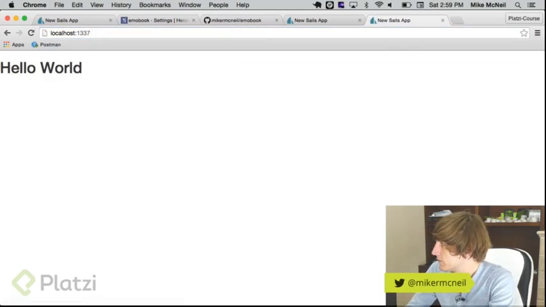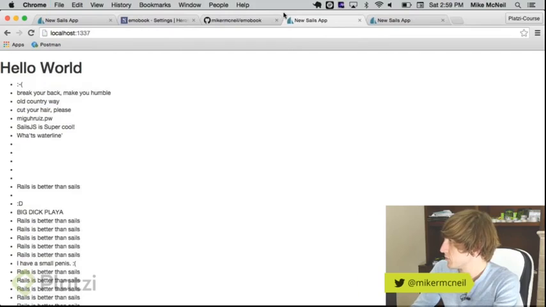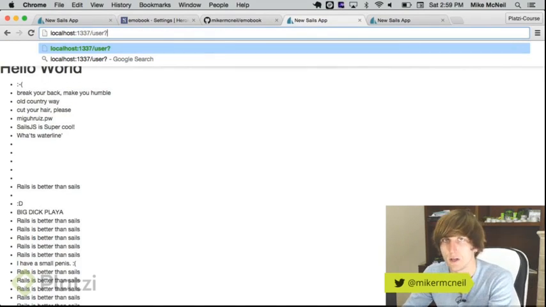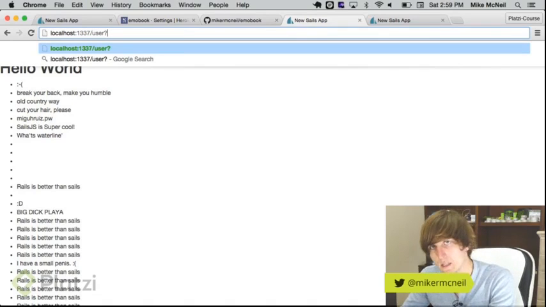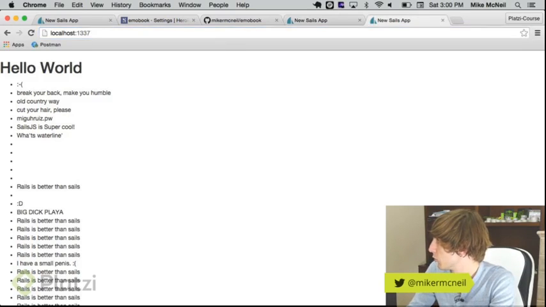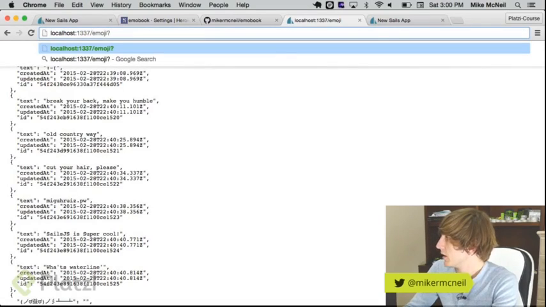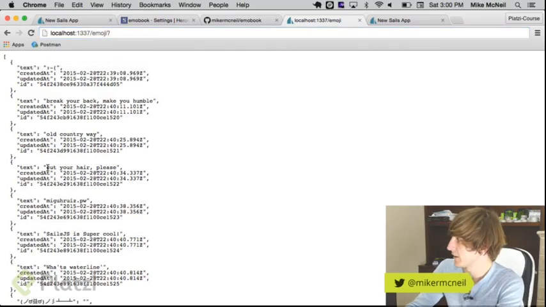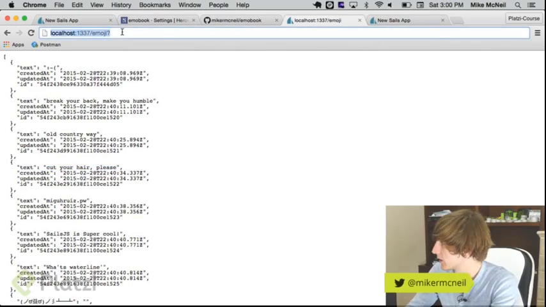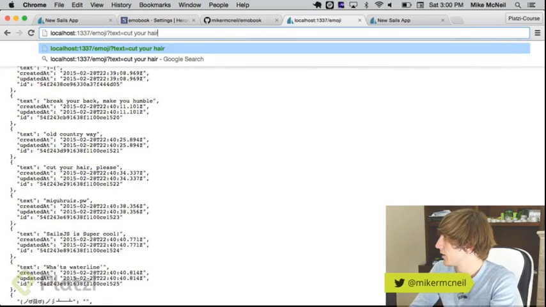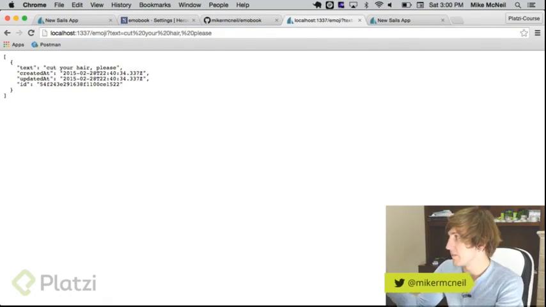Cool. If you've seen the original Sails screencast, you might have seen this before, but you can also filter these things, right? So you actually have contains, you have sorting ability. So for instance, if I made a few more users, or let's say I was going to look at emojis, built into blueprints, someone posted old country way, or cut your hair please. Actually, I like that one because I'm in terrible need of a haircut. So I'm going to do text equals cut your hair please, and you can see it found that particular one,